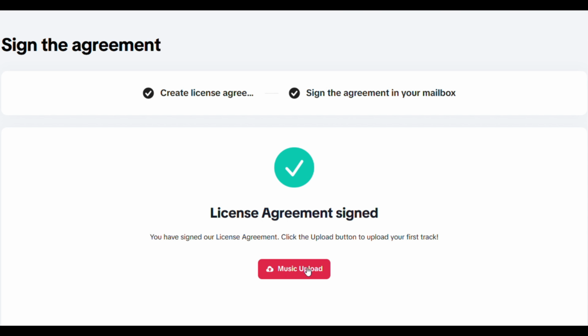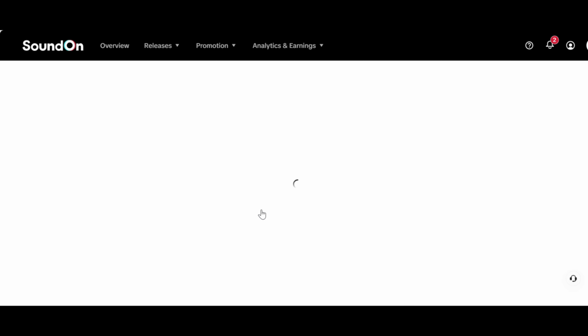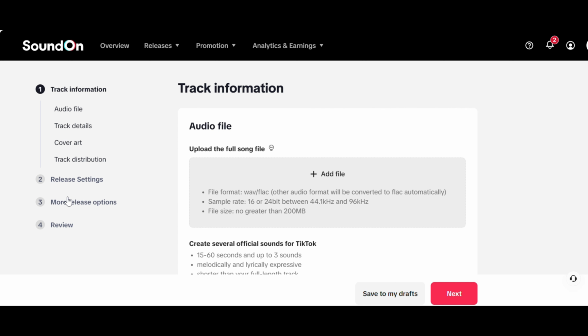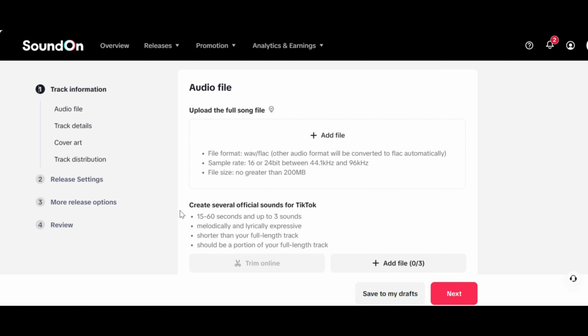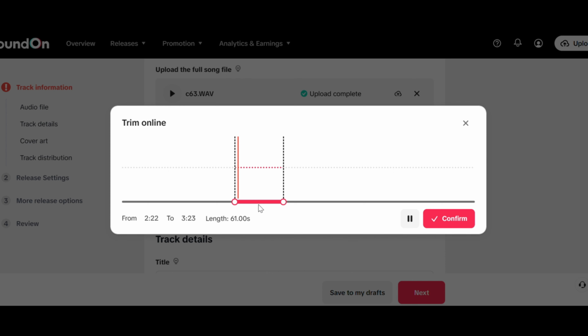Now let's move on to uploading your actual music file. Soundon supports high-quality audio formats like WAV or FLAC, so make sure your file is professionally mixed and mastered. Avoid background noise or unfinished versions. It should be final and ready for listeners. After uploading the audio, you'll be asked to choose a snippet of your track that will appear on TikTok before the official release. This is important for marketing, so take the time to pick a section that's catchy or represents